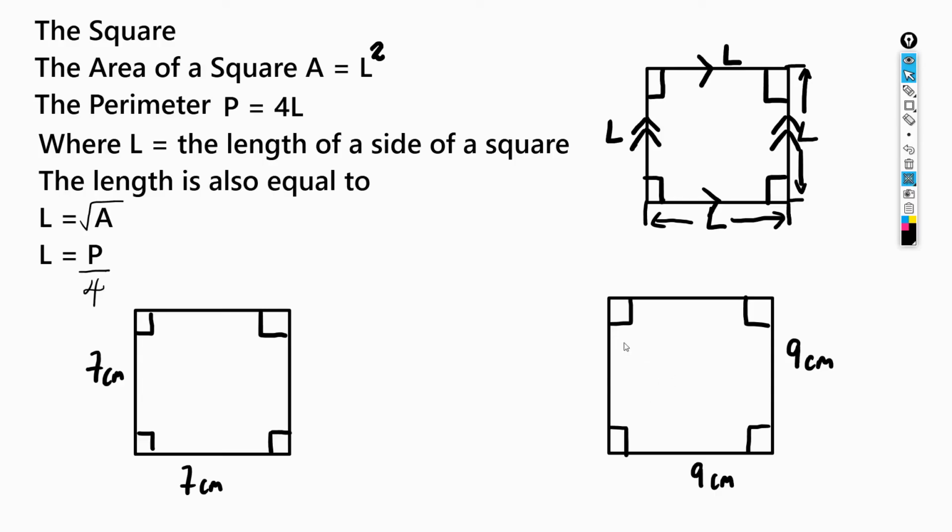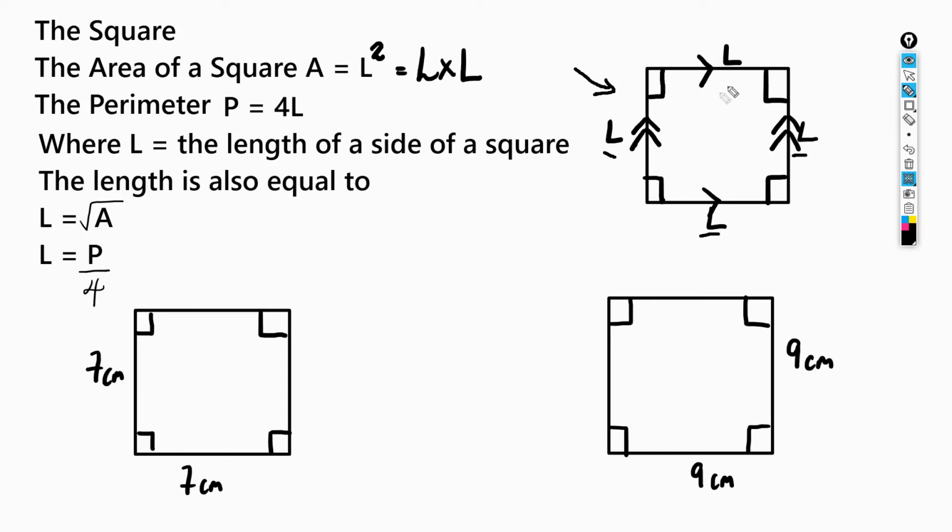Hey guys, what's up? In this lecture, we're going to be looking at a square. As you can see from my square right here, all of the angles are 90 degrees, and each side is the same: L, L, L, and L. The area of a square is A = L squared, so L multiplied by L gives me the area. And the perimeter is equal to 4L,